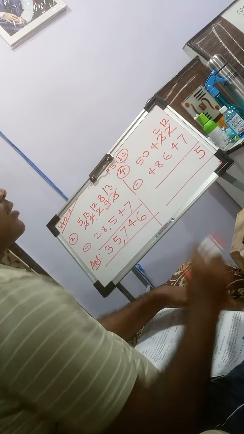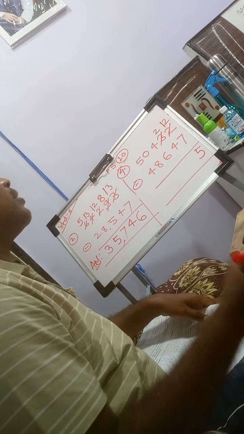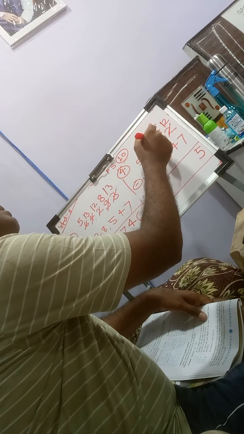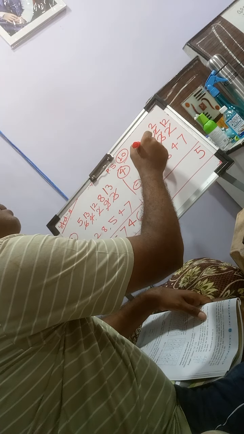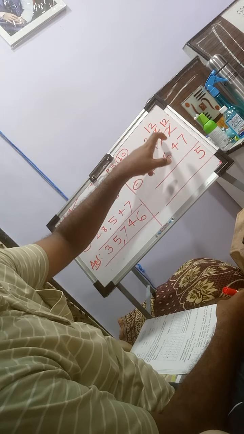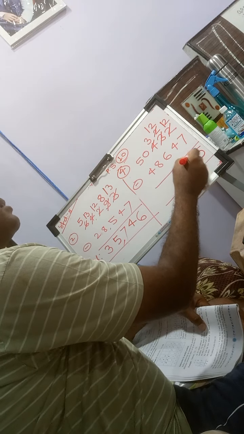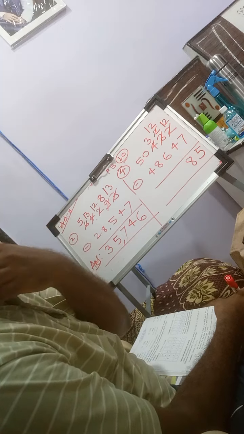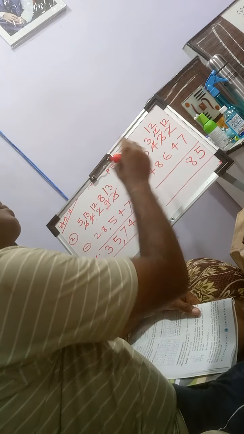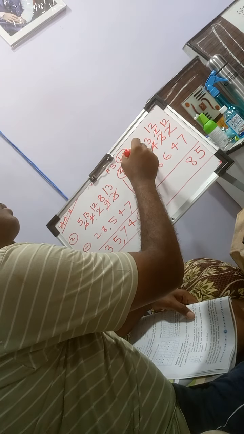Now again you cannot subtract 4 from 2 because 2 is a smaller number and 4 is a bigger number. So what you have to do, you have to take one carry from 4. Now this number 2 will become 12 and 12 minus 4, the answer will come 8. Now again you cannot subtract 6 from 3 because 3 is a smaller number and 6 is a bigger number. So in this same case it is a 0.